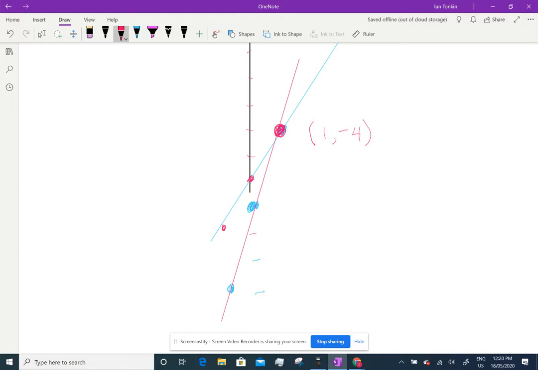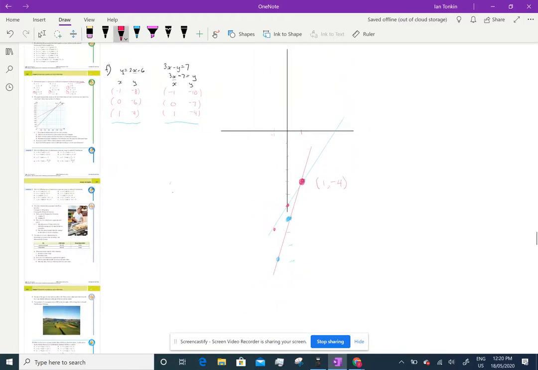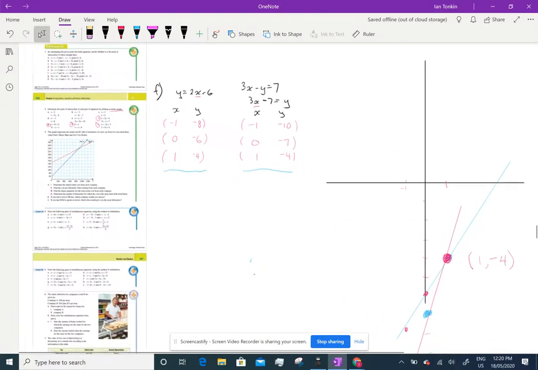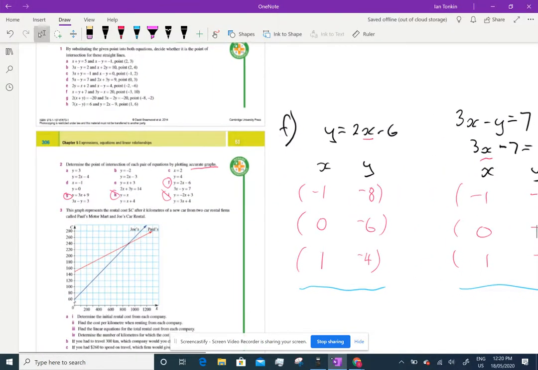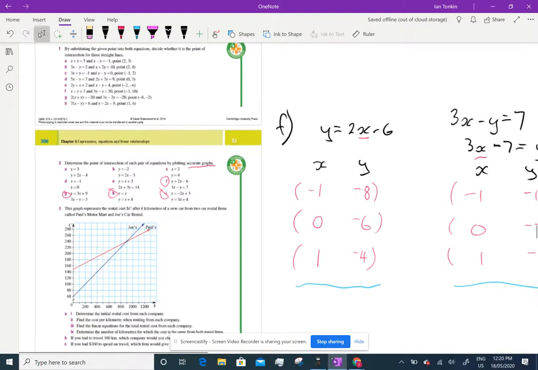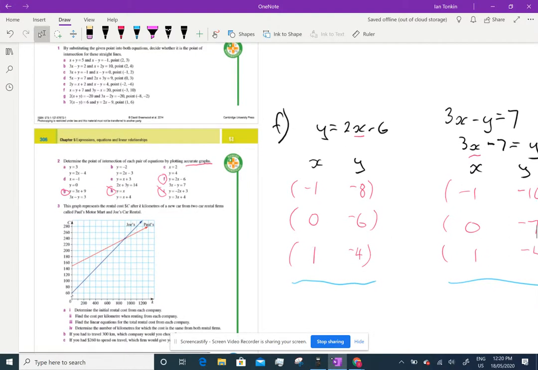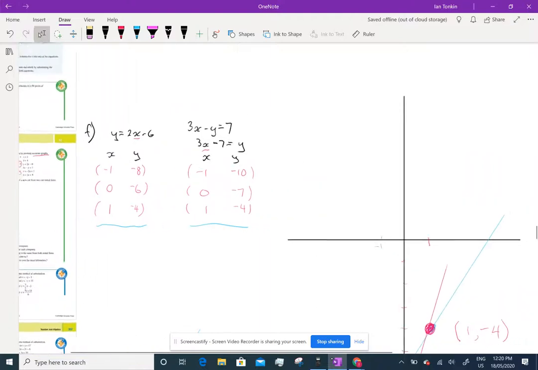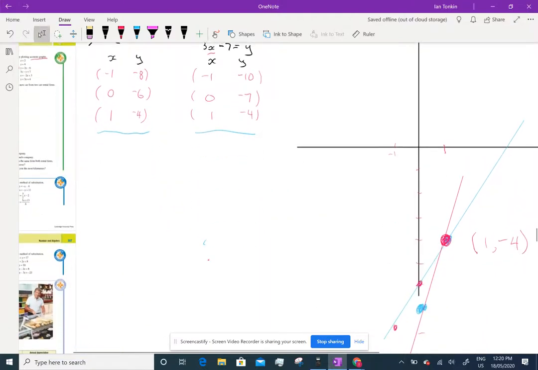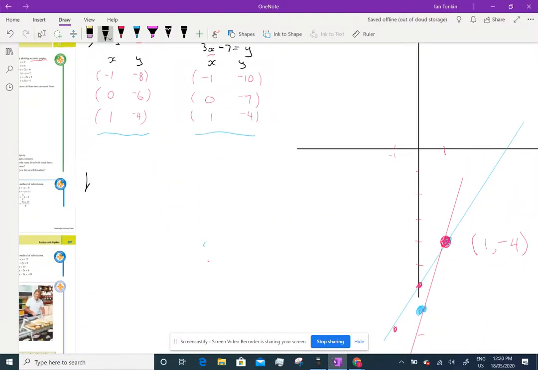Now the next one I'm not going to do using, oh no, I will. We'll see how we go. So let's have a look. I'm going to do H, and I'm going to leave you to do G and I. So H, and I've got y equals x, and I've got y equals x plus 4. So x, y,